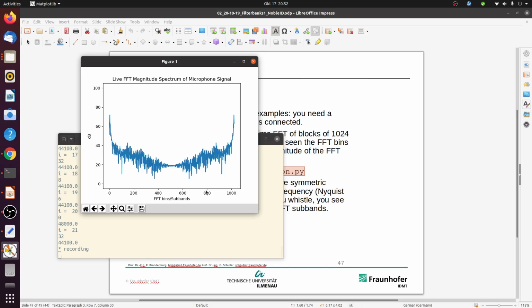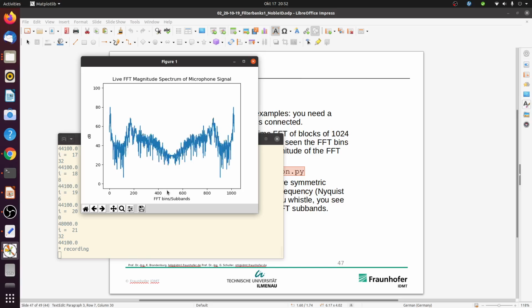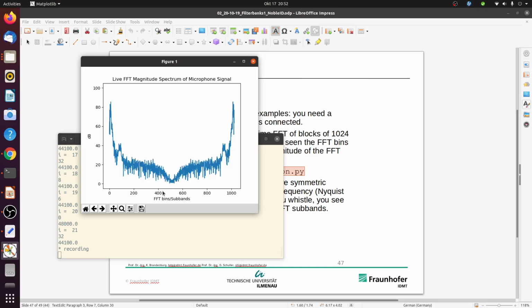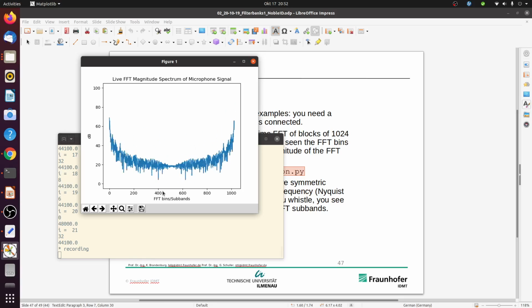So this could also be seen as negative frequencies. So the upper half is negative frequencies, the lower half is the positive frequencies, and for real valued signals, positive and negative frequencies are always conjugate complex to each other, which means the magnitude is identical, the magnitude which we